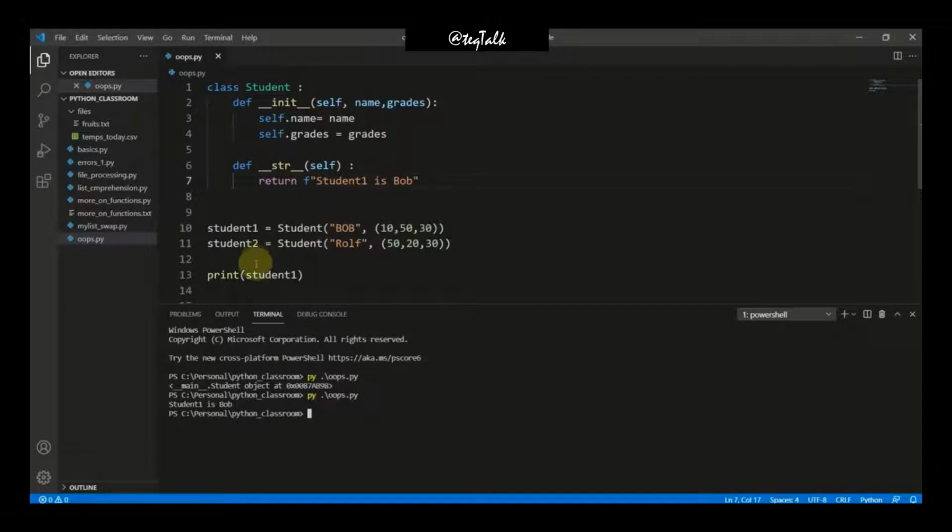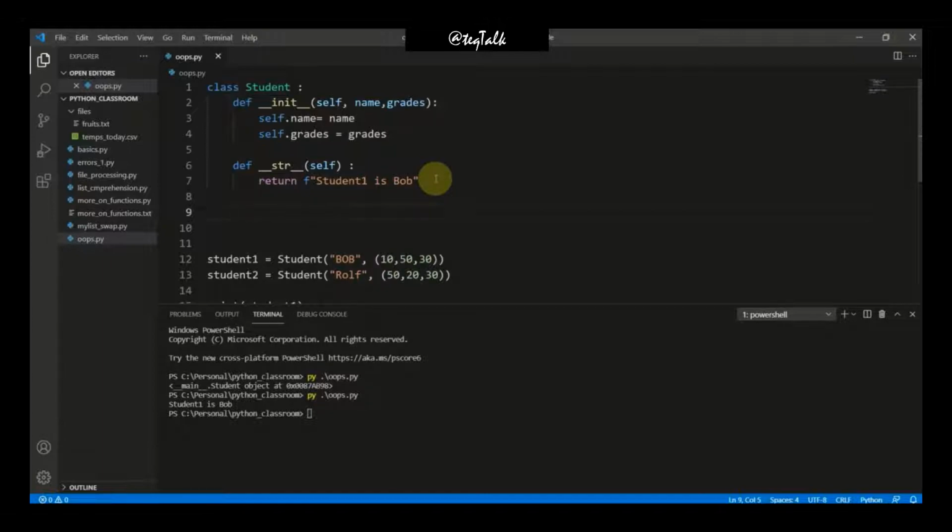So whenever you are creating this object student1 by calling the class, and then you are printing that object, Python will implicitly call the str method inside the class student, and it will convert that string that we previously got, this one, main dot student object at this, into this output that we have already given for the str method.